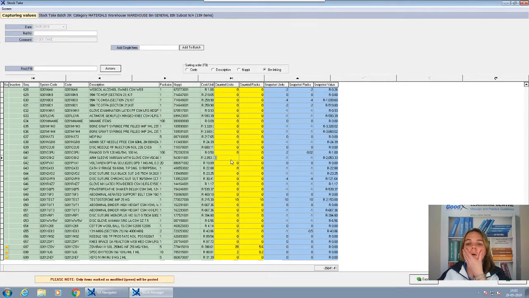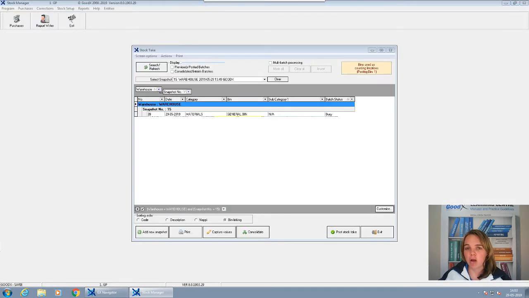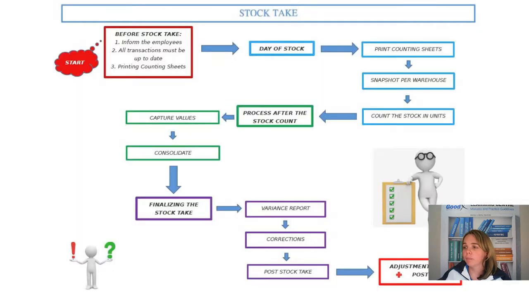And you see, I didn't make a mistake. Here was supposed to be 10. When I captured, I didn't capture that 10. Somewhere I made a mistake. Then you type in the 10. Or there was only supposed to be 1 and I put a 0 extra. You adjust it. Remember, tap twice. After that, you close. Now, if we go back to our process flow, you see here, we capture the values,